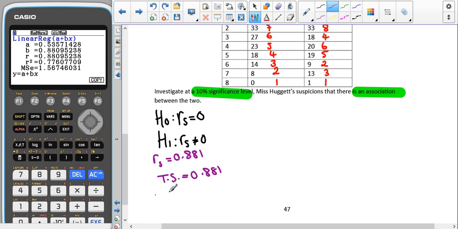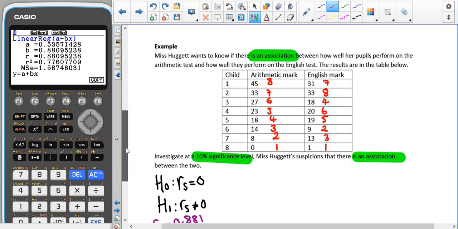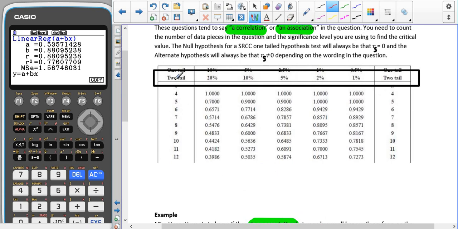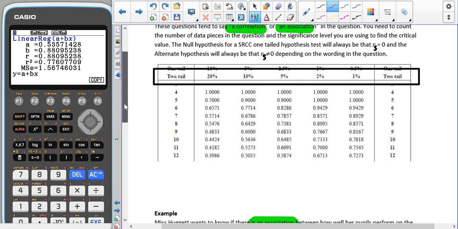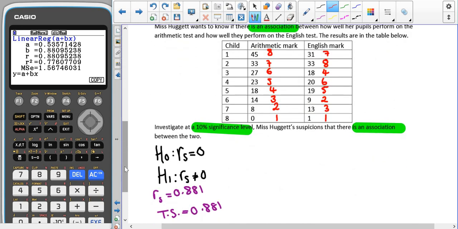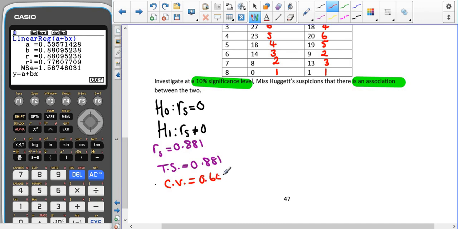The critical value this time, we have 8 sets of data, 10% two-tail, so two-tail, 10%, 8 pieces of data gives us 0.6429. And again, as our test statistic is bigger than the critical value, we reject H0 at a 10%